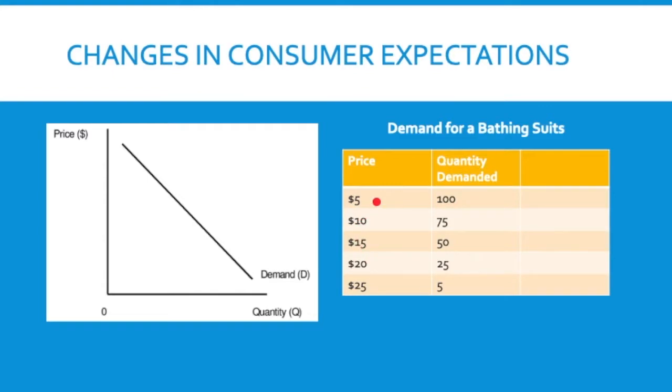If it's $5, 100 people might buy a new bathing suit. If it's $10, 75 people might buy it. And as we go up to $25, only 5 people might buy a bathing suit. They might say it's too expensive for a bathing suit. So this would be our normal demand, but we might say, okay, if we expect things to be different, if